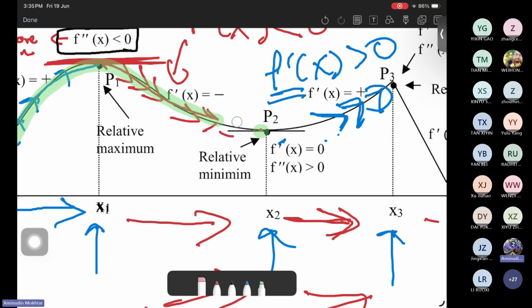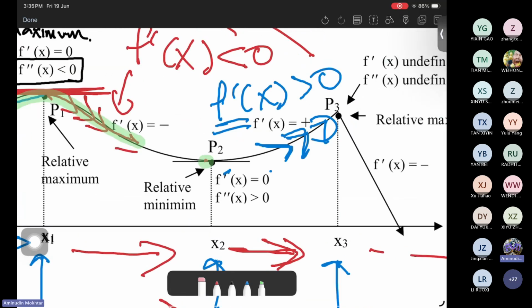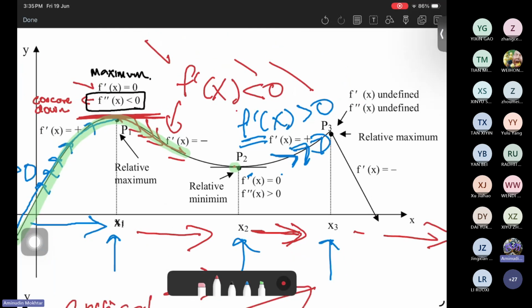We have a P2 here. Before P2, the slope is negative. After P2, the slope is positive. f prime x is positive after x2. Now we can see the change of the slope from negative to positive. Based on this concept, we can conclude that the critical point, x2,